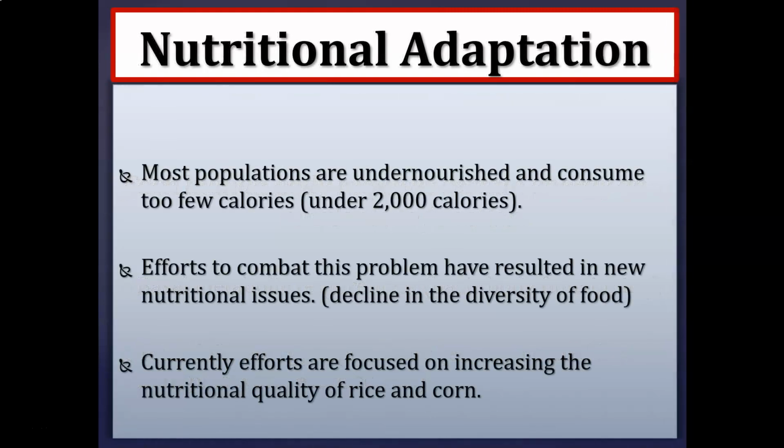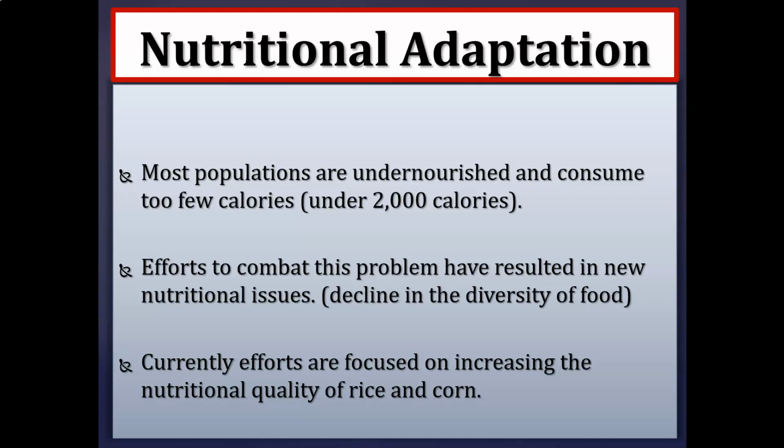Most populations are what we consider undernourished and consume too few calories, under 2,000 calories per day. Efforts to combat this problem have resulted in new nutritional issues, like a decline in the diversity of food. If we're trying to produce food that's cheap and easy to produce, like rice and corn and beans,